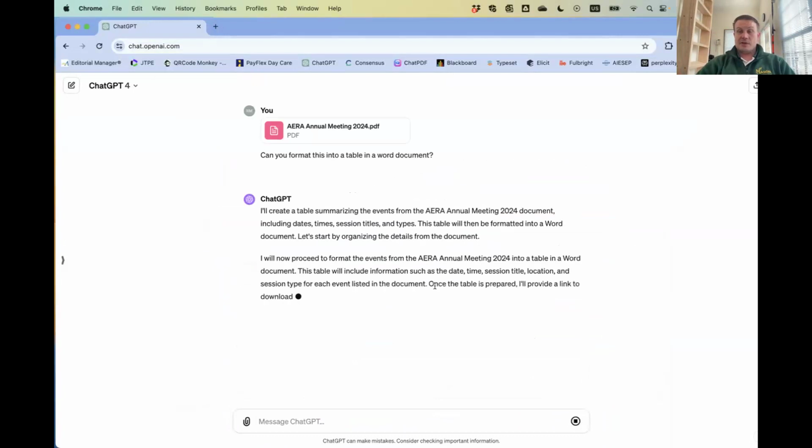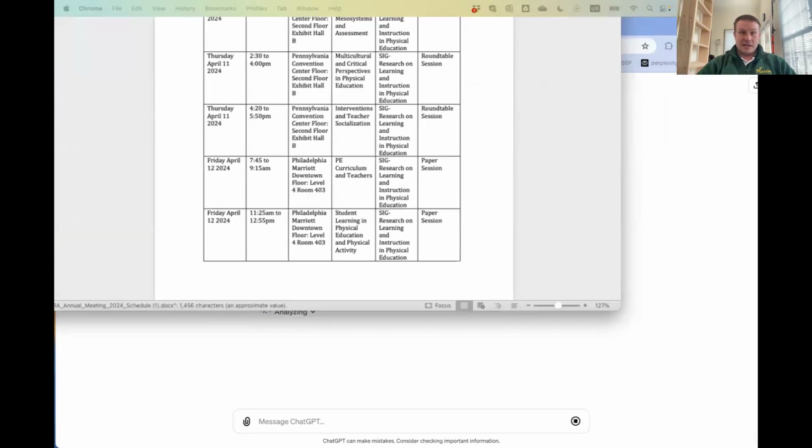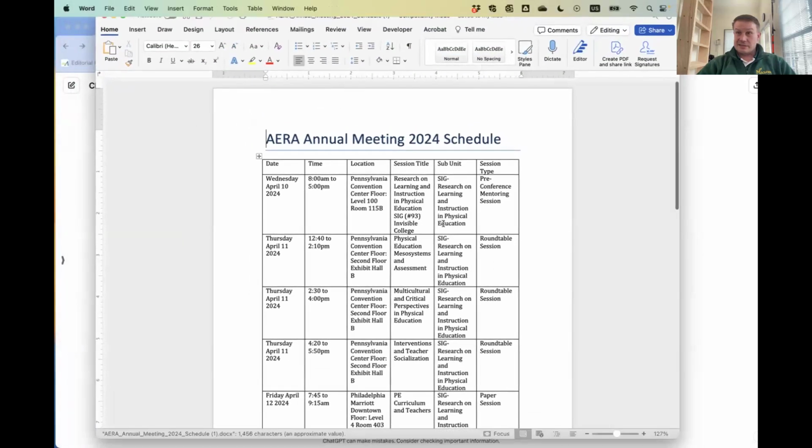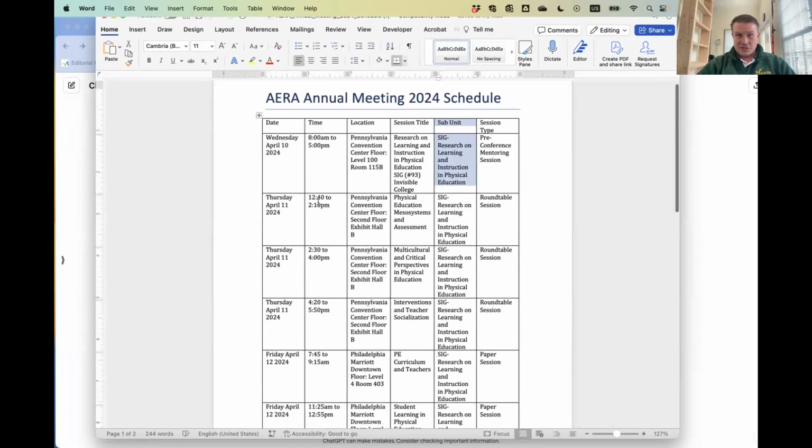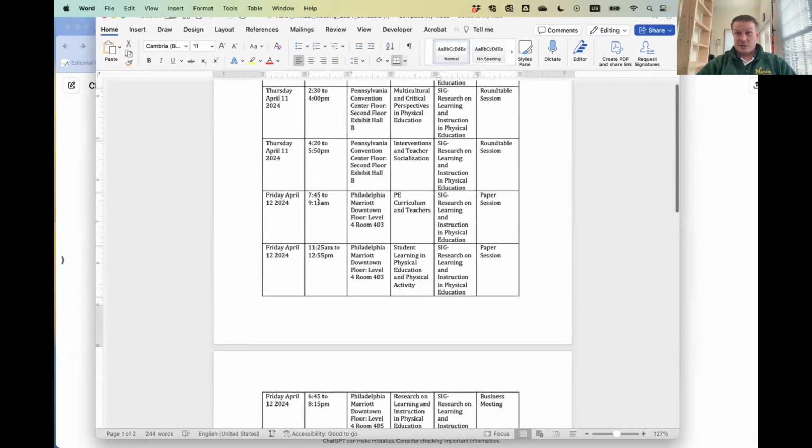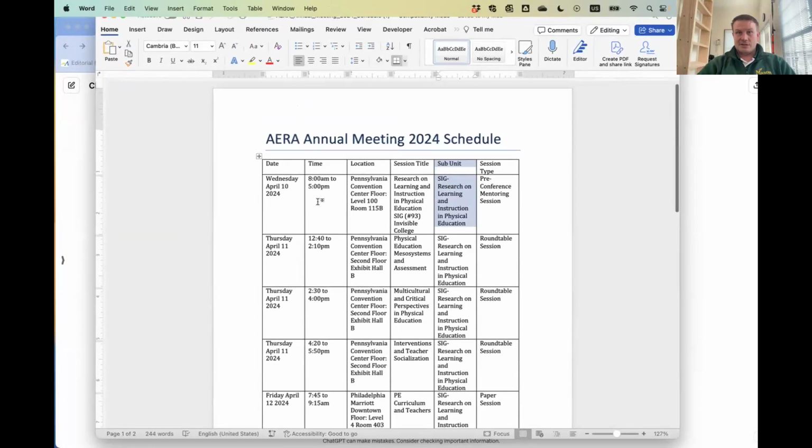and read it. And what the paid version of ChatGPT does is it actually does make that schedule. And I'll speed up the process because this is what it put out. And this is, if you're part of our SIG, you got an email from me this week that had this copied. So then I just went in and just deleted this column. I double checked. It gives me this, April 10th. These are our sessions, and everything is correct.